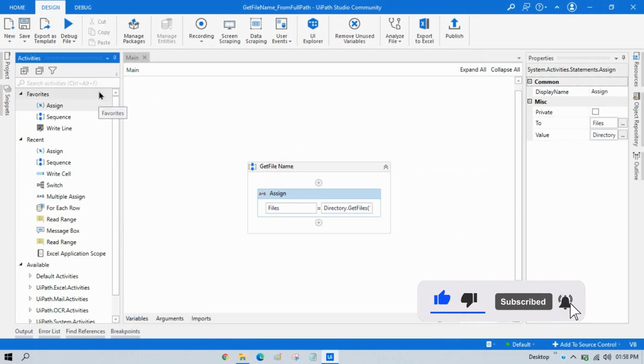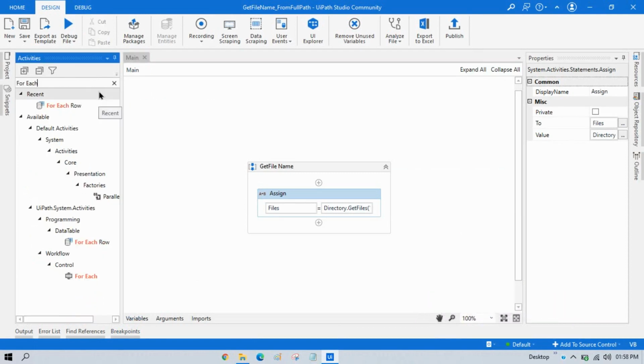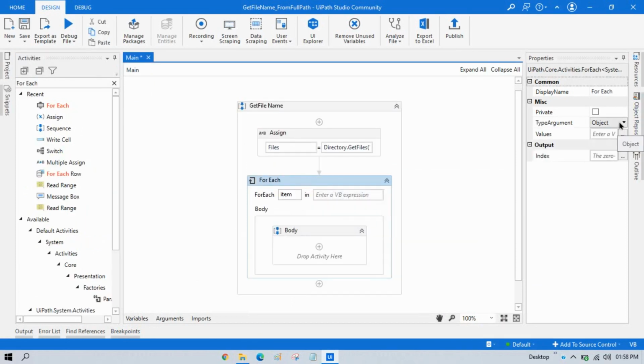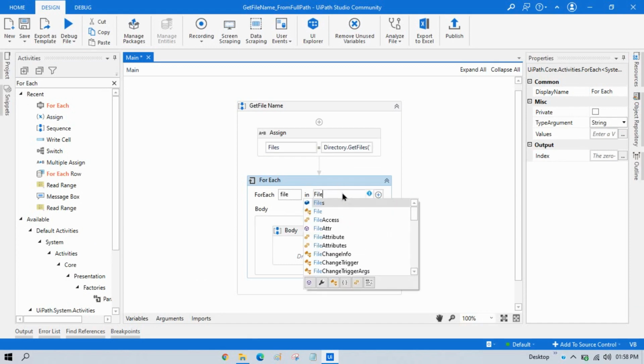Now we need to take a For Each activity, and this will be of type string, and this is for each file in files.